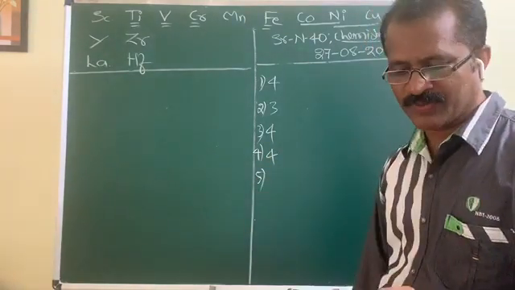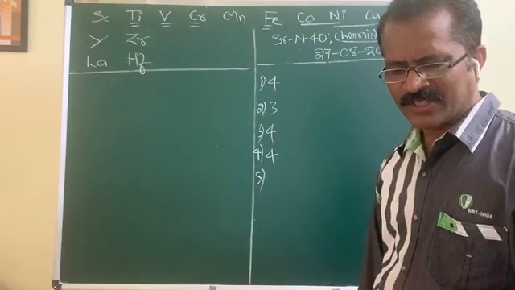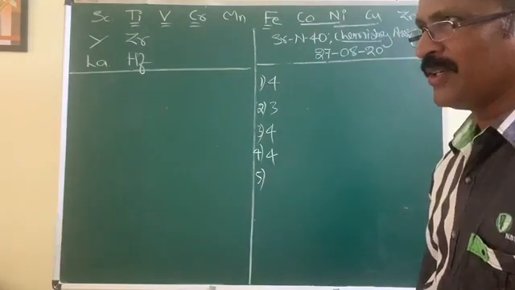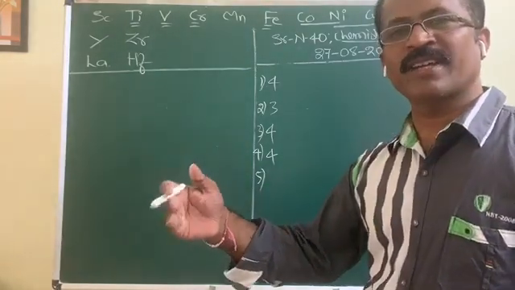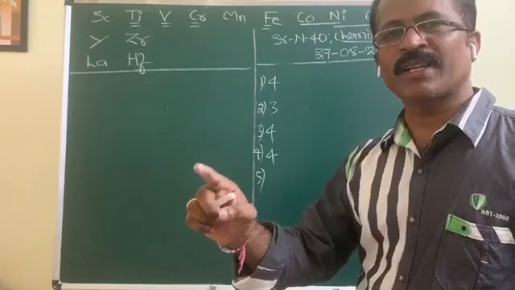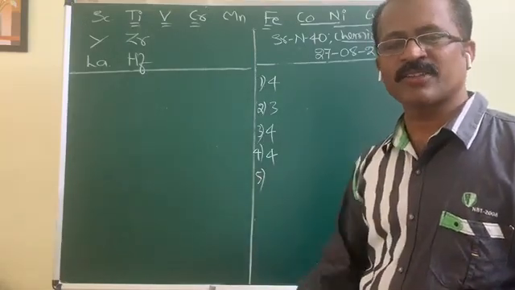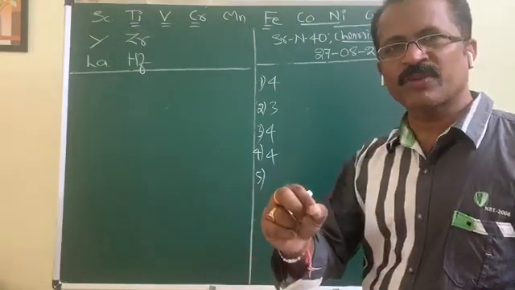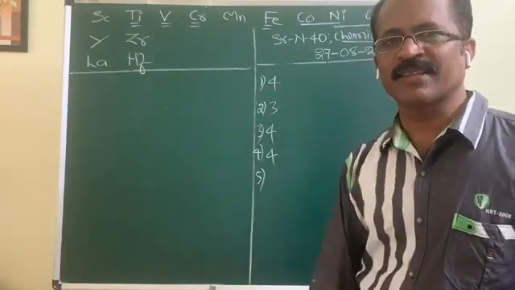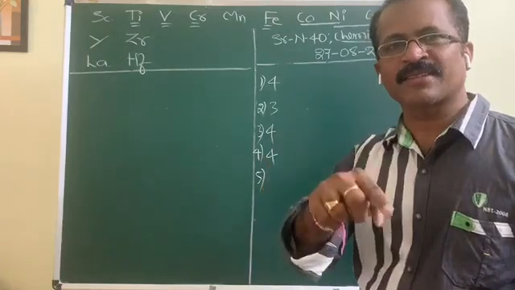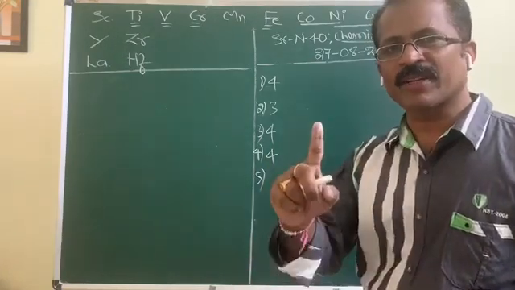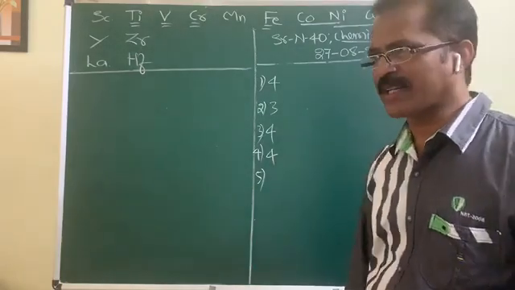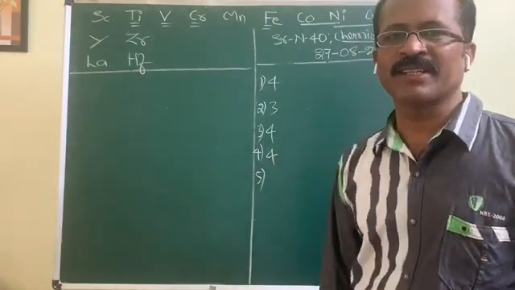Move to the next question, fifth. Why do transition elements have higher enthalpy of atomization when compared to alkali metals? You know, in alkali metals there is only one valence electron. So per atom, one electron participates in metallic bonding, hence metallic bonding is weaker. Whereas in transition metals, the energy difference between ns and (n-1)d subshell is lesser. So (n-1)d electrons also participate in bonding. Hence, per one transition metal atom, a large number of electrons participate in metallic bonding. Hence, the metallic bonding is stronger.